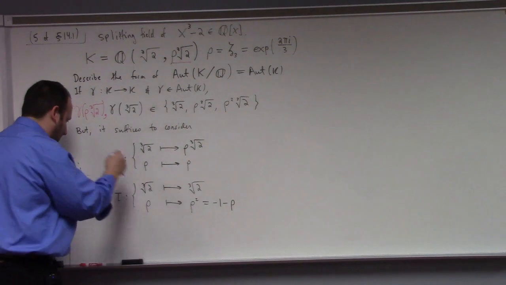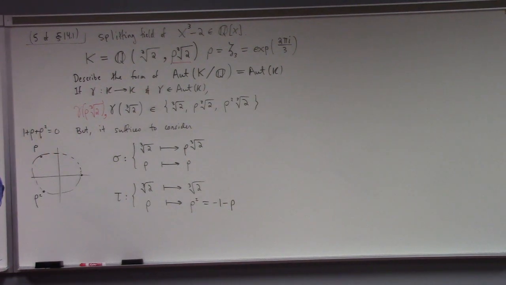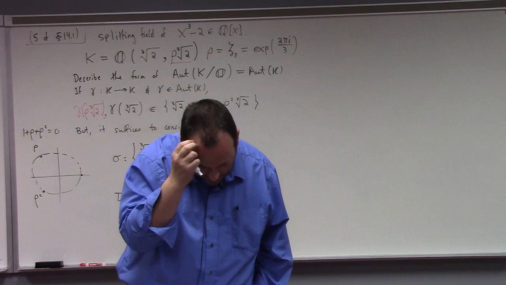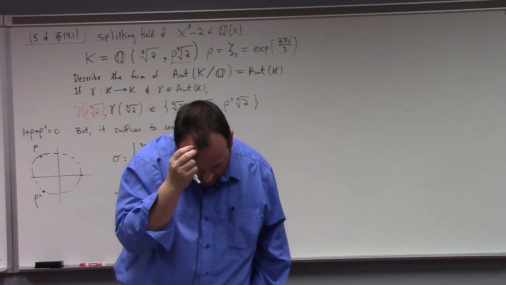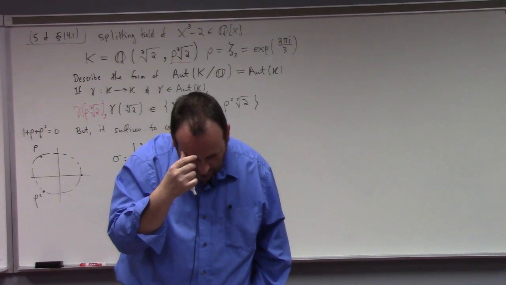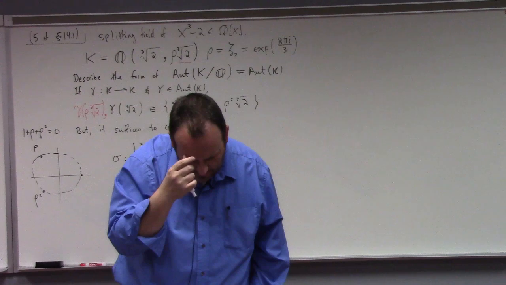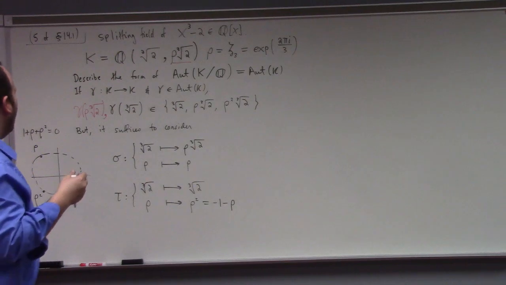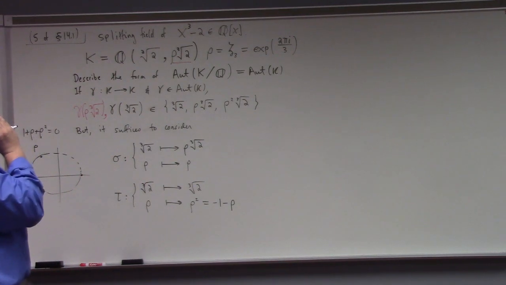I mean, this, let's see here. I think I'm confused because it seems like rho isn't a generator at the top, but then underneath it's treated like it is. Right. But we still have, because sigma and tau are automorphisms, we do still have a definition for what it does to. Yeah, well,